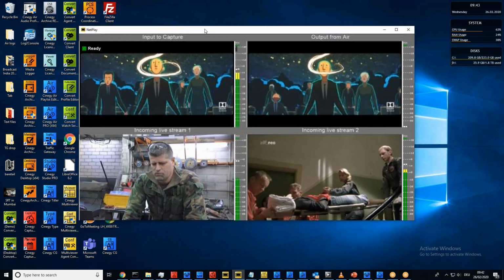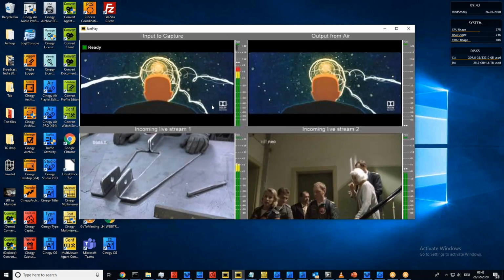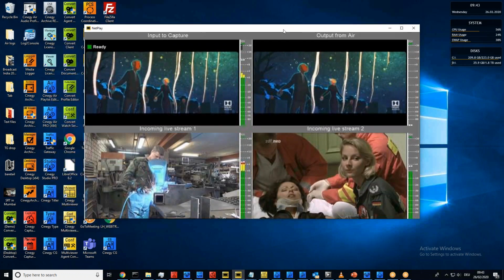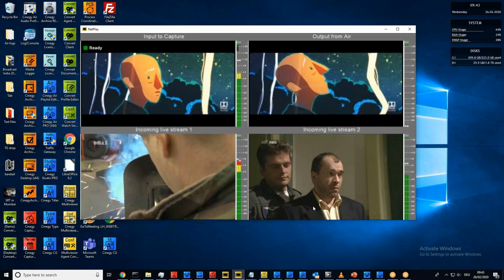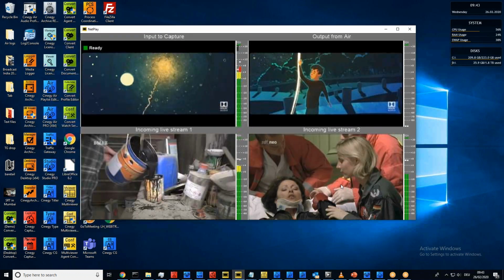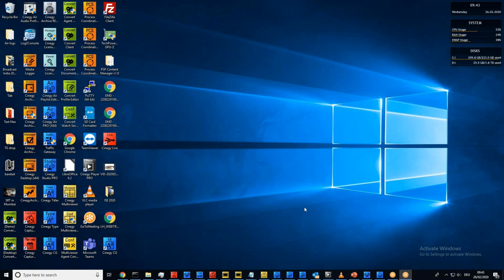So although it's only one input channel for baseband, and although it's only one record and one play out, nonetheless, if I have other IP streams coming in, I can add them and use them with TV Pack without any further difficulty. So this means that I can, for example, bring up Cinegy